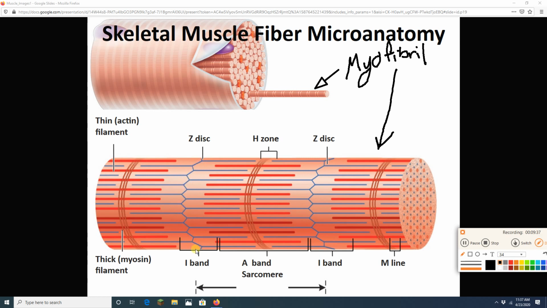So the Z disc stabilizes the actins. The myosins are stabilized by this triad of proteins, this trifecta, this trio, called the M line. And this region where we have just myosin is called the H